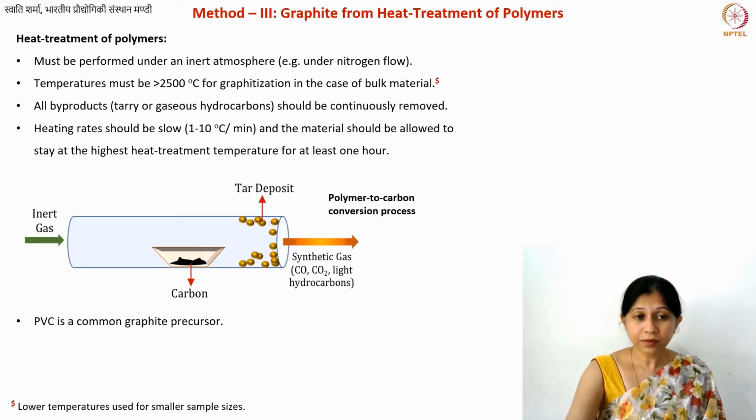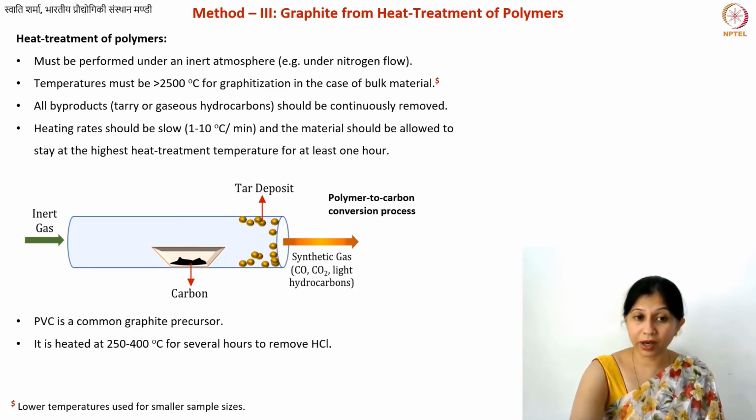Okay. PVC is one of the common graphite precursors, and for PVC there's another thing. PVC contains chloride. It's polyvinyl chloride, and chloride is no good. So we already learned that oxygen is not good, chloride is not good. But interestingly, we can remove this chloride from PVC in the form of hydrochloric acid. And that is typically done between 200 to 400 degrees, for several hours, which will form this hydrochloric acid,